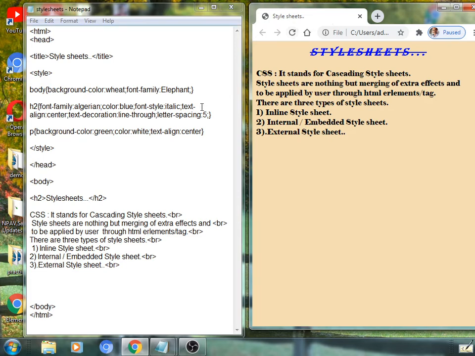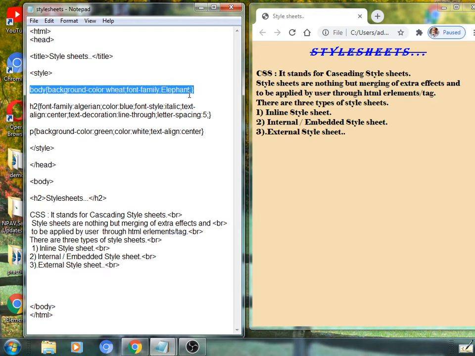So these are the effects applied in the internal style sheet. We have chosen 3 more selectors. Selector number 1, body with the properties background color and font family.